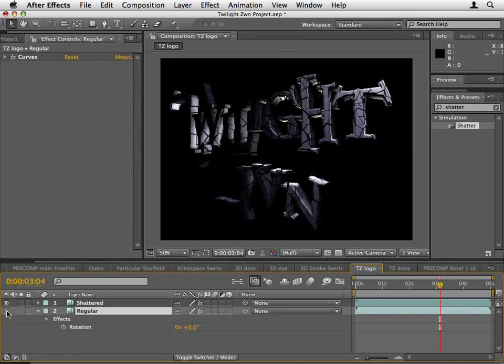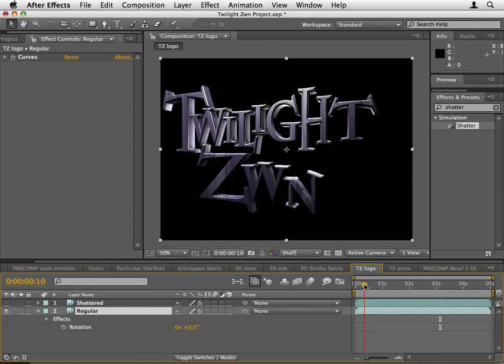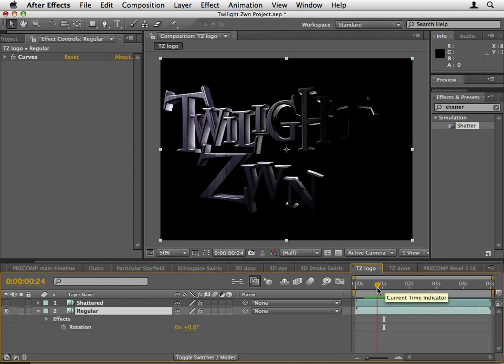So we have two layers. We have one that blows up, and we have one that does not. And so my reasoning is that if I could switch between these two, so in other words, we move on for a few seconds, and then the visibility of the regular layer turns off, the shattered layer turns on, and they kind of flicker back and forth, then I could create that illusion. Problem is, I don't have the patience to do that with keyframes, so I had to use expressions to make